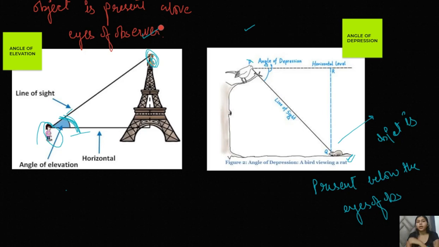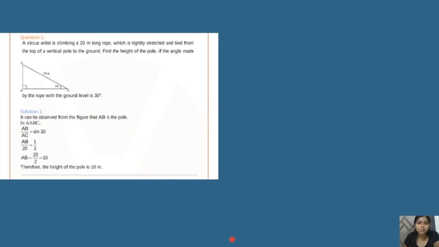Moving ahead with the questions. Since this is a very short chapter, as I told you, it won't take a lot of time. So moving ahead with certain questions I've prepared for you. Let's start with our first question for this chapter. In this chapter, all you have to do is apply trigonometric ratios, which will be helpful in solving these questions, and also the normal Pythagoras theorem too.